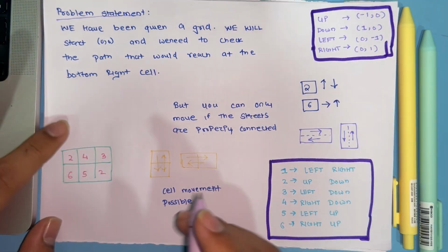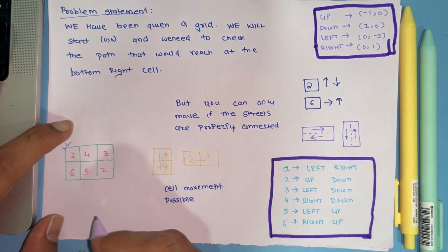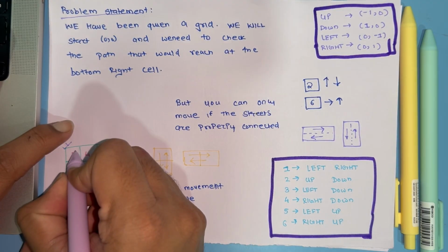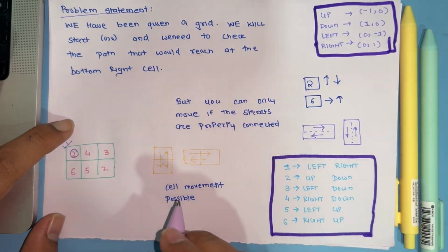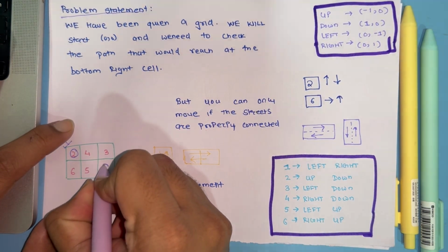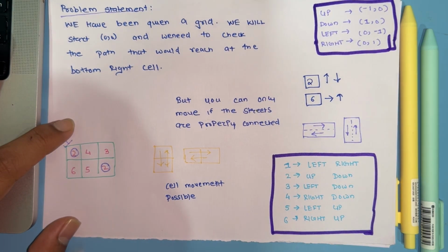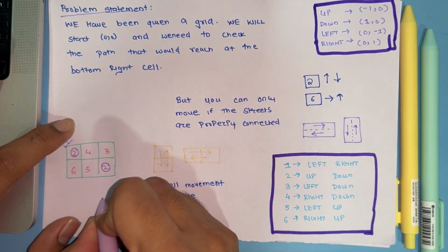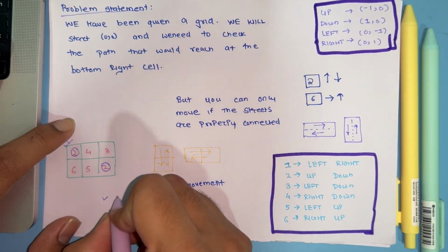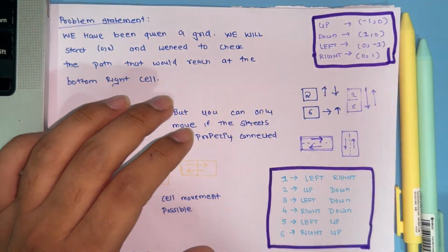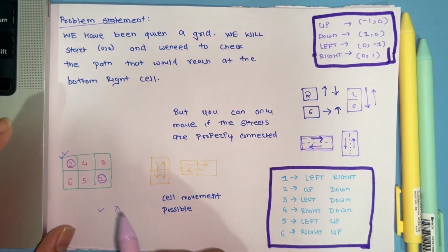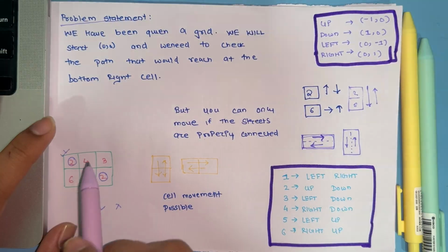So we have been given a grid and we have been told that we are starting from the 0, 0 position and our end motive is to reach the end cell. If a path is possible, we'll just return true, and if a path is not possible, we'll just return false. So the constraints in which we can move is, you can see each grid cell is associated with a